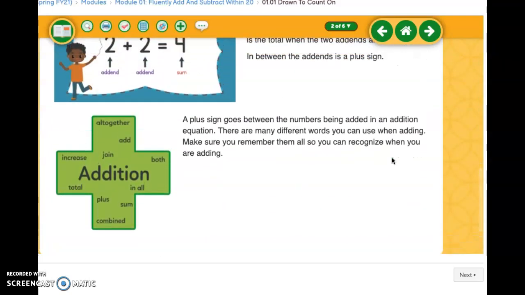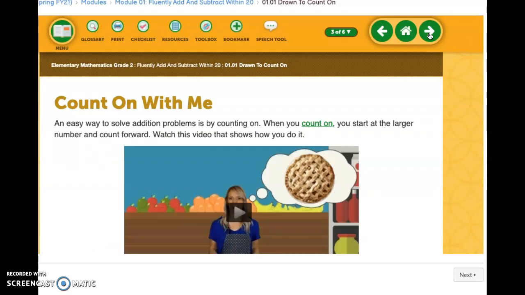Okay, quiz time. Do I hit the next button at the bottom or the arrow at the top? That's right, we're still in the lesson. So you're going to want to hit this green arrow for the next page. You'll do that until you've gotten through the whole lesson,